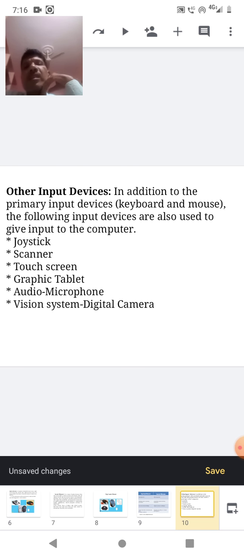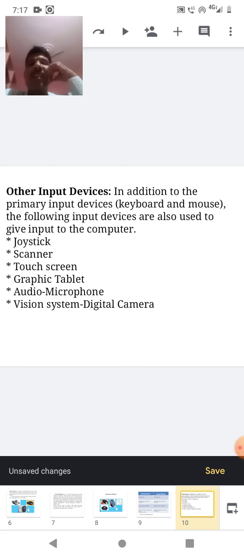In addition to these primary input devices, some other computer input devices are there. Here the list is given. These are not limited, more other input devices are there, but popular ones are given here. In addition to the primary input devices, that is keyboard and mouse, the following input devices are also used to give input to the computer.